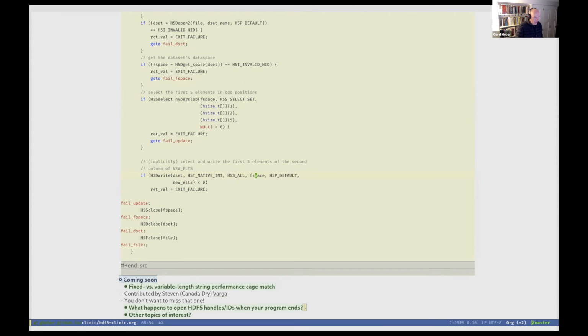But then, in the file space, let's assume it's not just a contiguous region of 5 elements, but a strided pattern: I have really 10 elements, but I'm skipping every other element. That would still be 5 elements, but then what would H5S_ALL mean? Would it still be 5 contiguous elements? Is the HDF5 library going to automatically contract or compact that selection for me? So that's where it gets a little iffy.